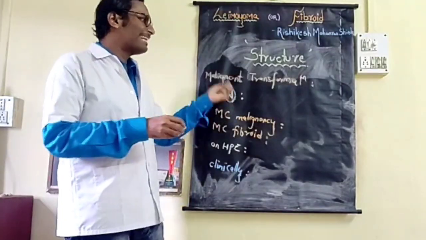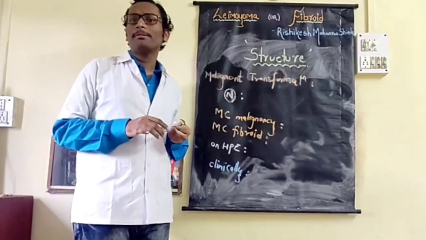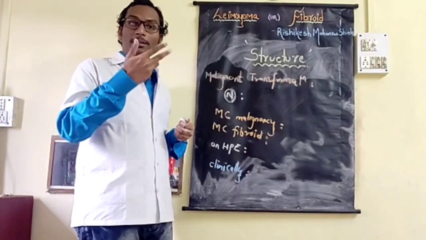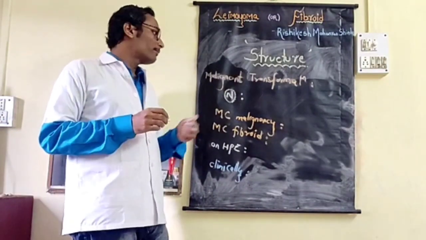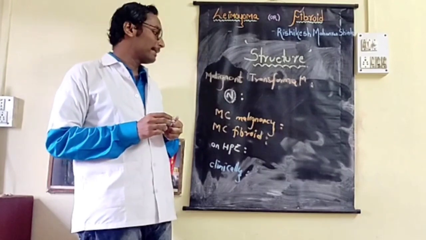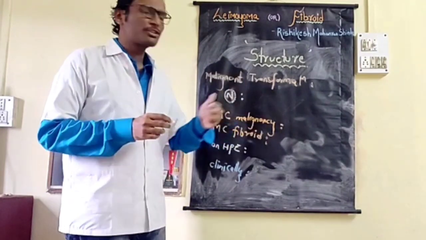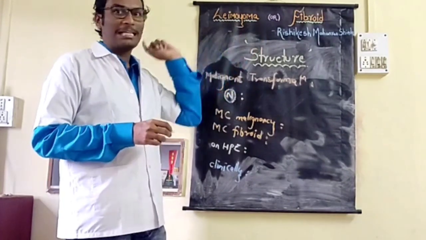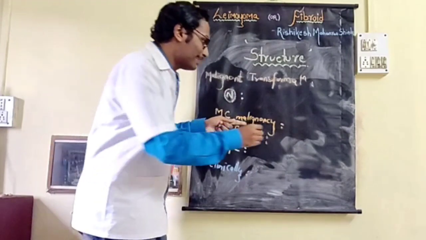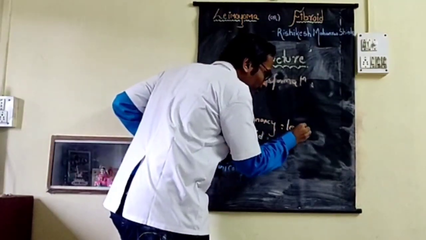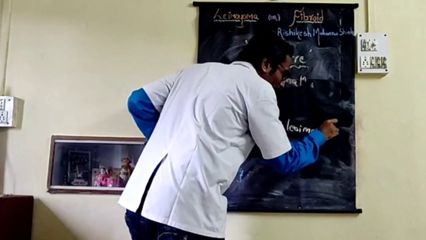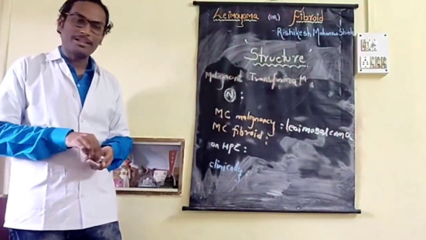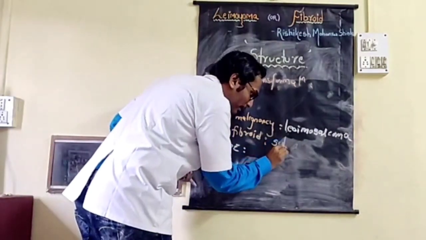Normally we do not see any changes in our H&E section on a fibroid, but if more than 10 mitoses are present per high power field, we can say the fibroid has undergone malignant transformation. So which is the most common malignancy associated with the fibroid? Fibroids are also called leiomyoma. The most common malignancy associated is leiomyosarcoma. Which fibroid shows this most common malignancy? It is the submucous fibroid.